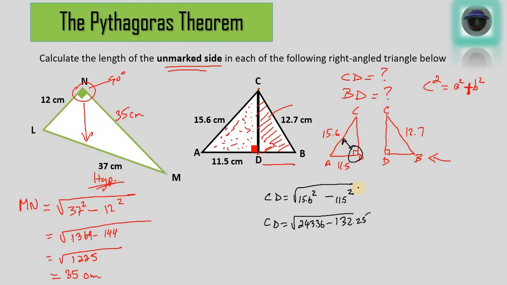And when we subtract these values, we get that CD is equal to the square root of 111.11. Now finding the square root of 111.11, we get